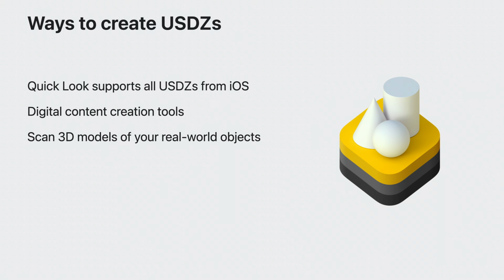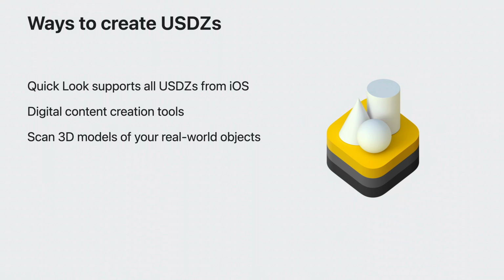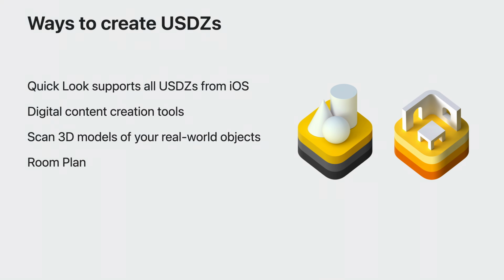You can also scan 3D models and create a USDZ file of real-world objects by using our RealityKit Object Capture API. Object Capture provides you with an end-to-end photo geometry solution, along with the sample apps to help you create 3D models at different detail levels. Object Capture is supported on both iOS and macOS devices. Finally, if you're looking for a way to create a 2D or 3D floor plan of your house, we have you covered with our Room Plan API.